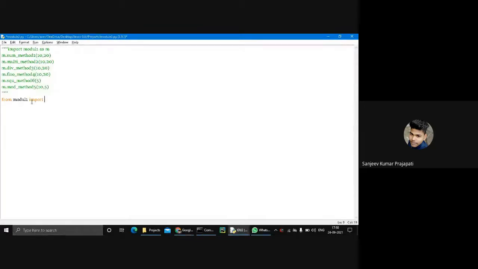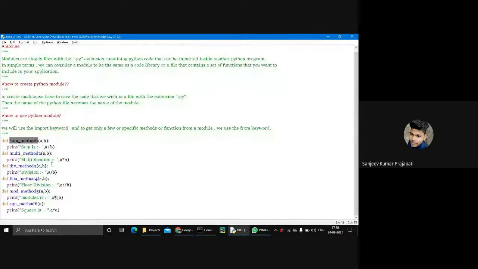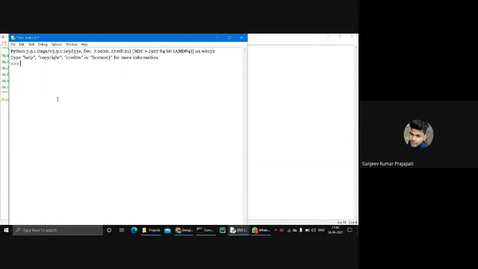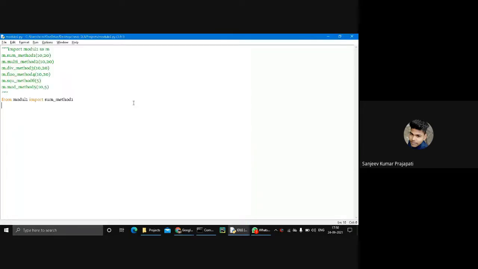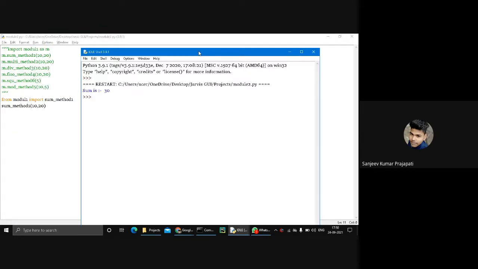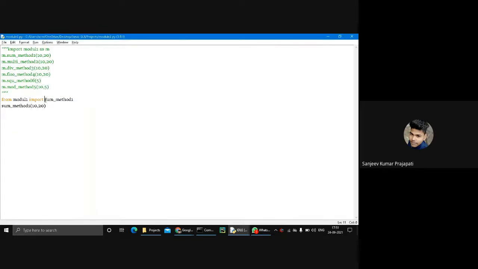In module one we import only the sum method one. I copy this and press F5. It's imported. So again, call this method with 10 comma 20. Now we get only the one method using the from keyword.